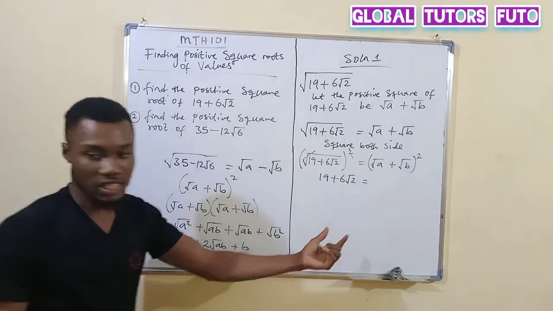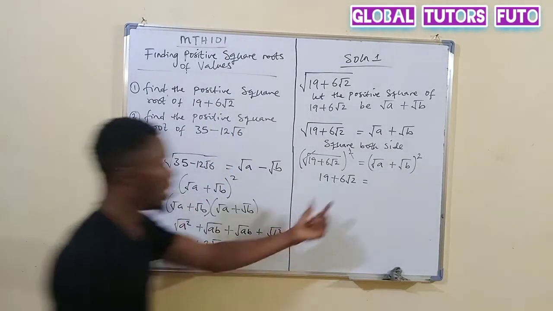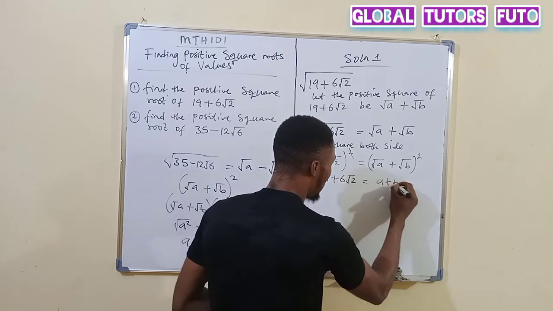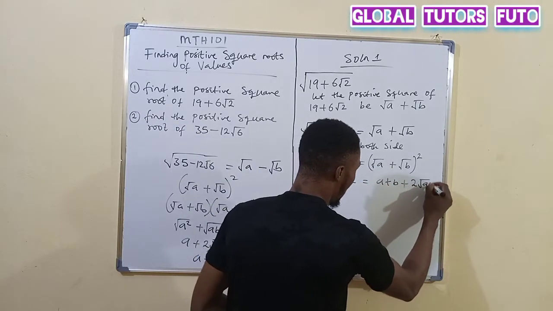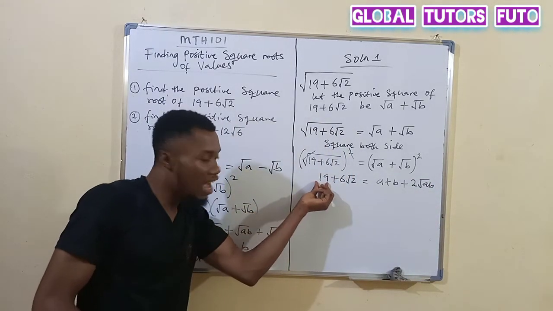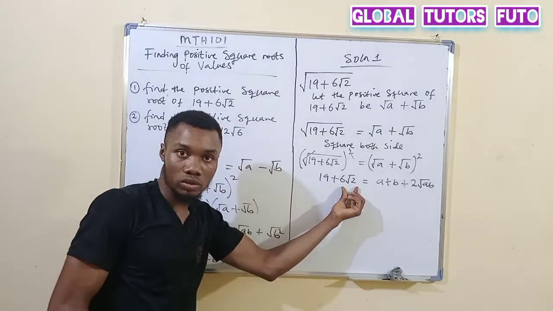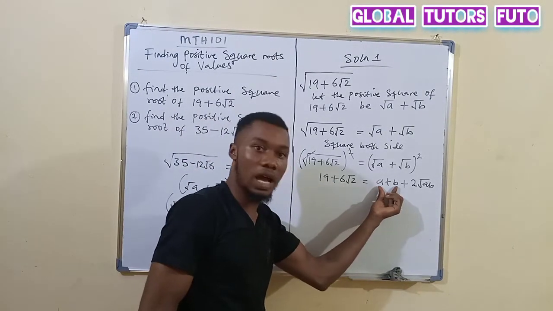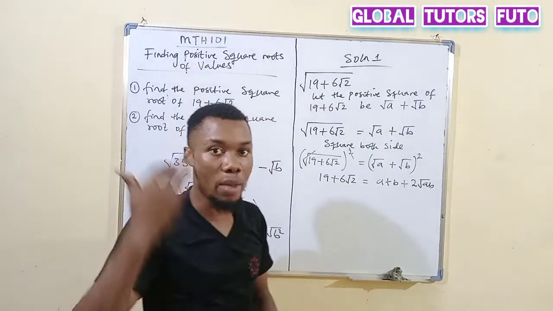So this is to tell us that everything here is equal to this. So here I'm going to have a plus b plus 2 sod AB. So at this point now you find out that here we have a whole number and a sod. If you look at this part again, we also have a whole number and a sod. So at this point you compare both sides.